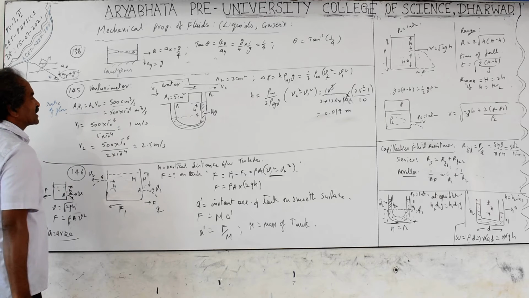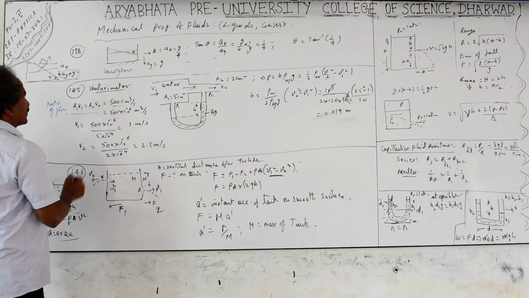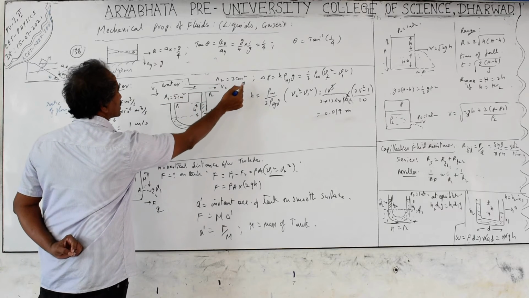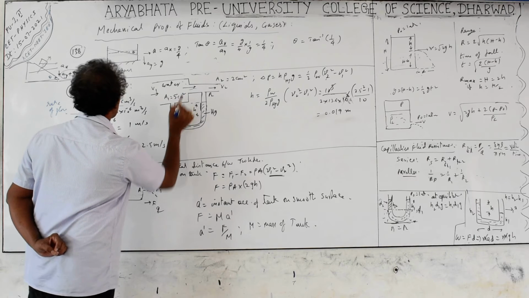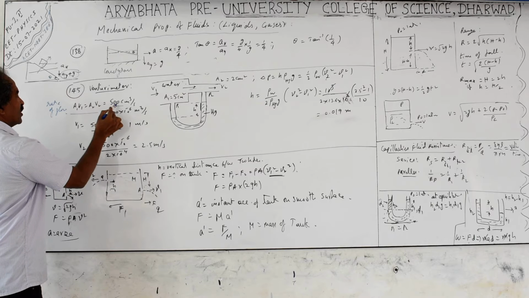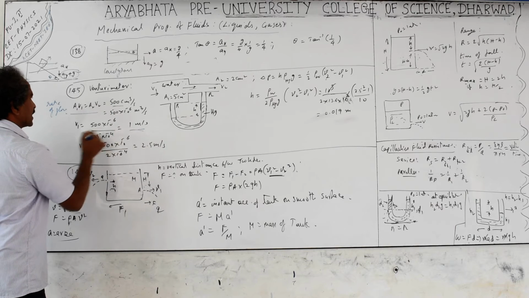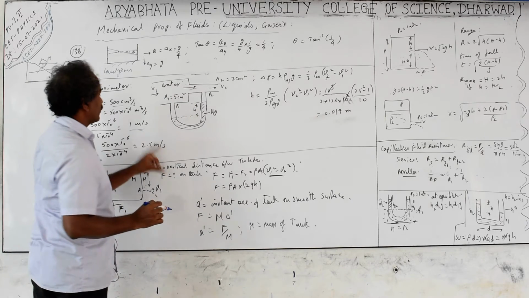This 500 centimeter cube per second they have mentioned. They convert it into cubic meter per second here, and the first area A1 is given as 5 centimeter square, A2 is given as 2 centimeter square, converted into square meters. 5 into 10 to the power of minus 4 square meters. For V1 you get volume per second divided by A1. Calculate this, you will get 1 meter per second as V1 here, and V2 you will get 2.5 meter per second. Less area, more velocity.